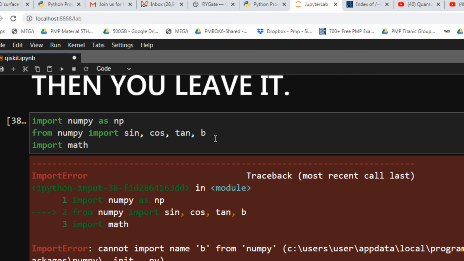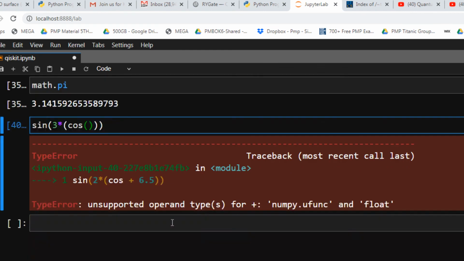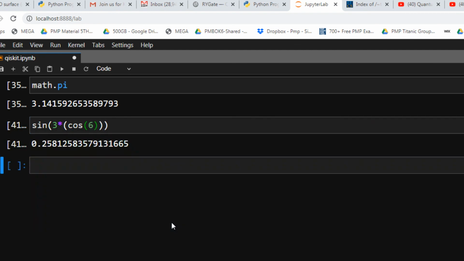Cos plus 6.5, sine 3 into cos 6. Okay, so it's giving me the output in a plus